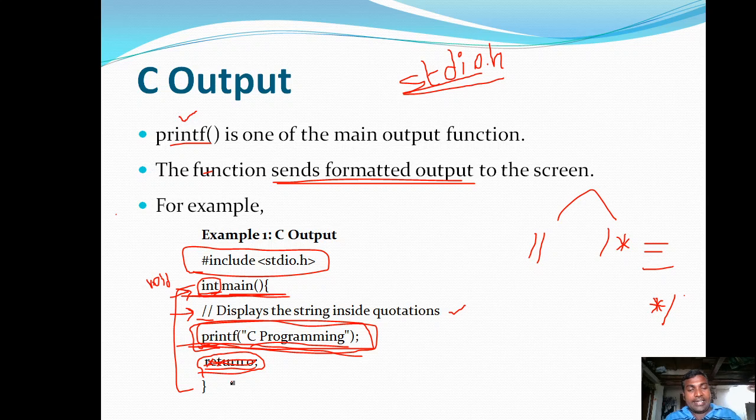Here this return 0 is optional. If you don't write return 0, you are going to get a warning message that you are not returning anything. If you don't want to get those kinds of warnings, either you put this return 0 statement, or instead of writing the main function return type as int, use void. If you write void main, open curly brace, and these two lines as usual, then simply close it, instead of writing this return 0.